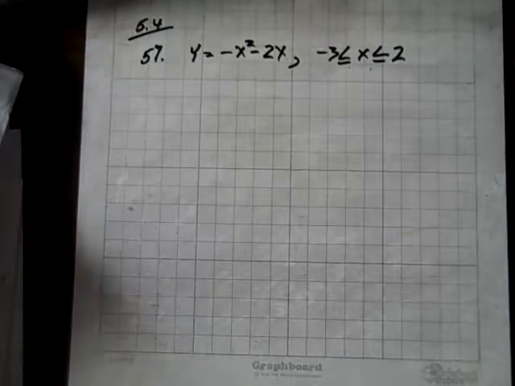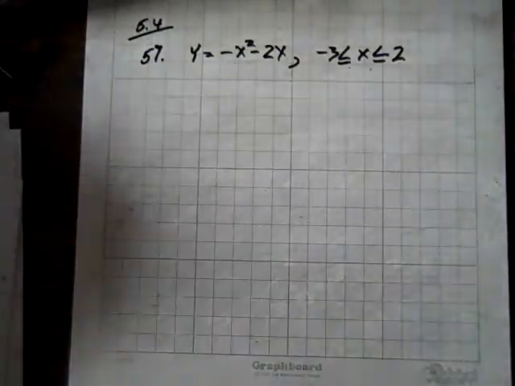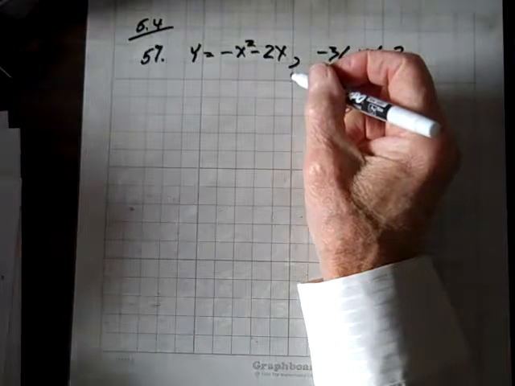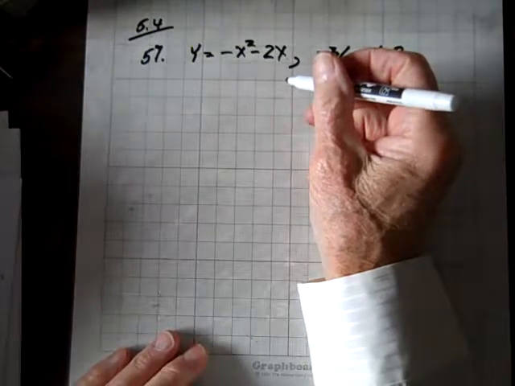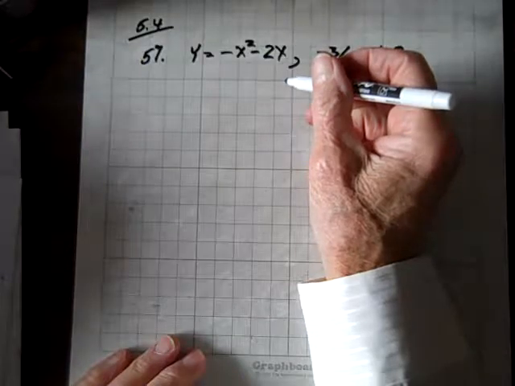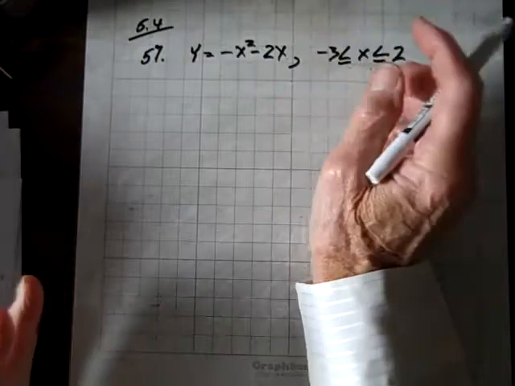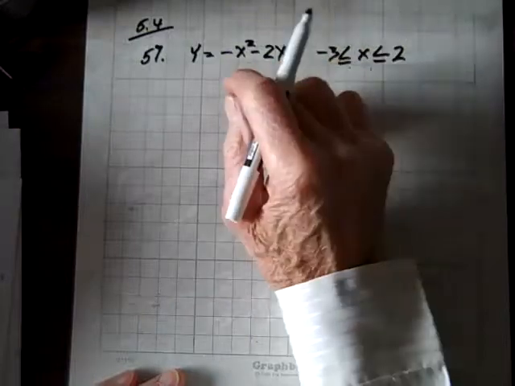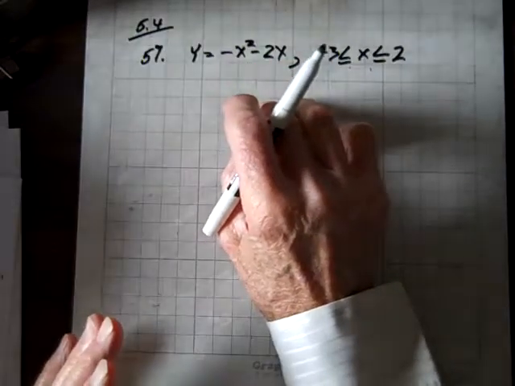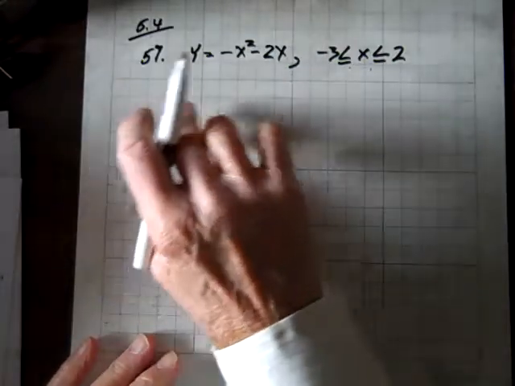Okay, now we're doing number 57, and we have to find the region, or the area, of the regions that are between the curve and the x-axis. So for those regions that are above the x-axis, we don't have any sign changes to make. For those regions below the x-axis, the integral of those regions will be negative, so we need